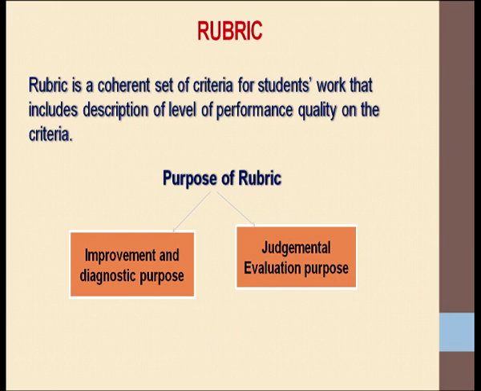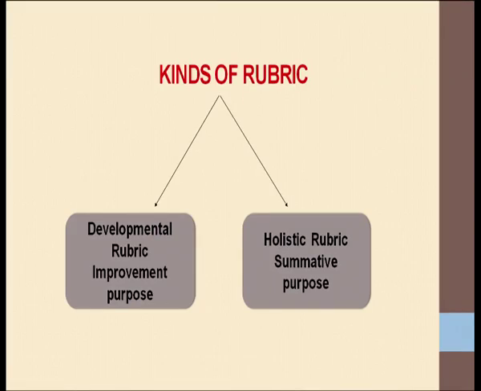So what is the criteria if some activity is going on in the class and many a time it's not for assessment purposes in terms of marks? So the teacher must maintain rubrics. The rubrics could be of two kinds. If the rubric is prepared for assessing the child's progress, it is developmental in nature. So broadly there are these two kinds of rubrics, developmental and holistic rubric, which has a summative purpose.